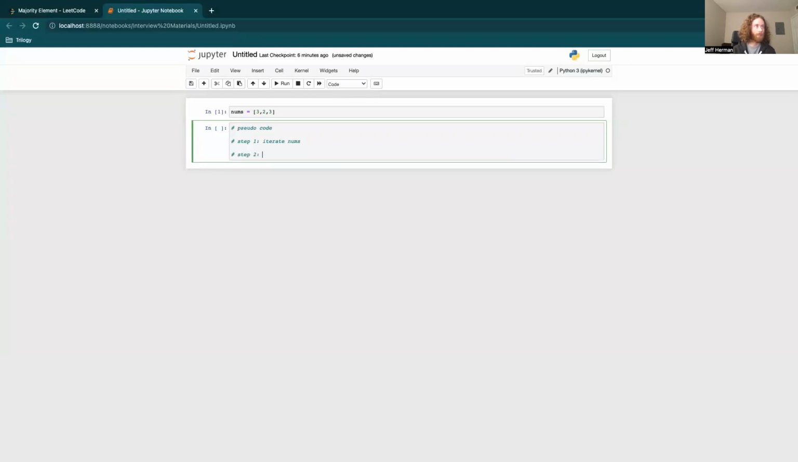Step 2, check if I've seen the number before. So when I'm iterating through each number in nums, I'm going to check if I've seen it before. And if I've seen it before, I'm going to call it step 2a. If I've seen before,